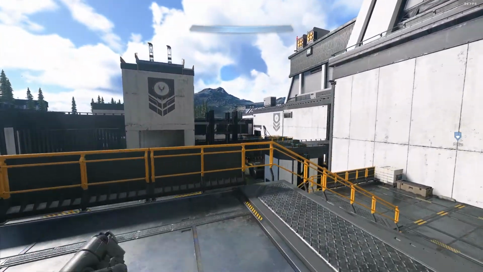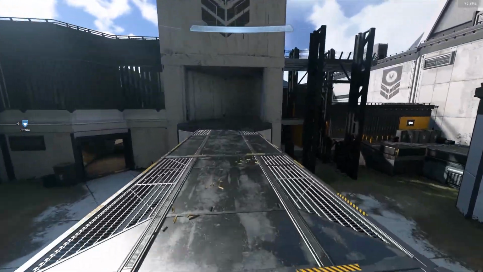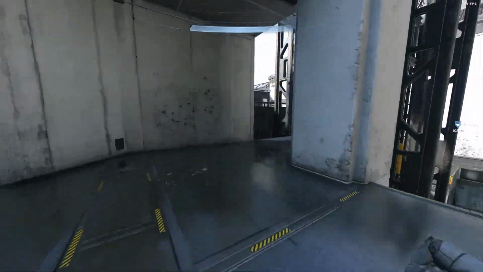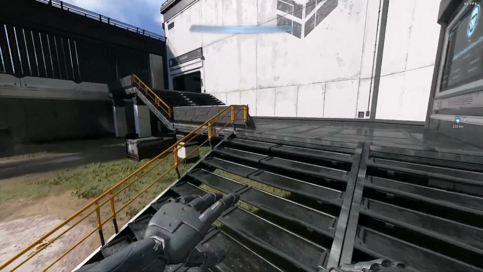Now, if you don't turn back and go further down the firearm section, then you'll have to go through the whole of the training again, like I did. So just turn back and follow the walkway and then jump the wall as shown, and then you can go